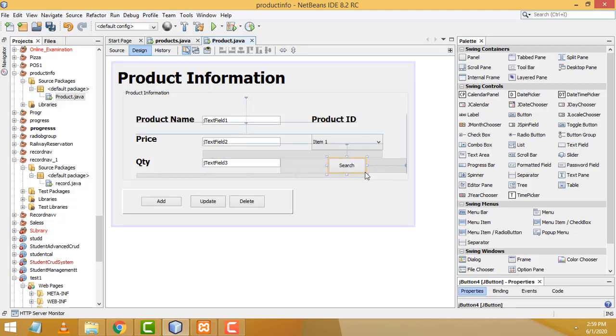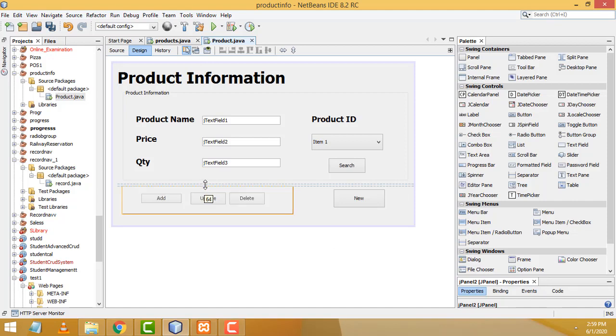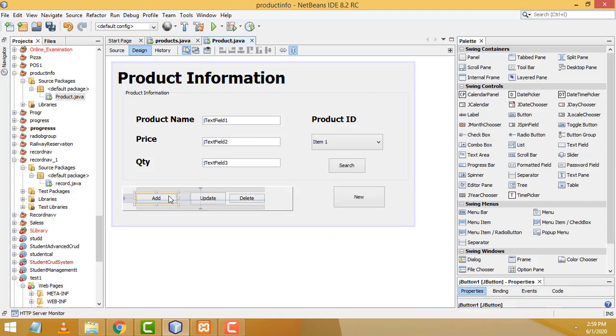The same button, Control C to copy, Control V to paste it. This one should be our new button, right? We have to design the form to look like this. Simple look, right? You have to write like this. Okay, very simple. You have to make the form like this. This button you have to